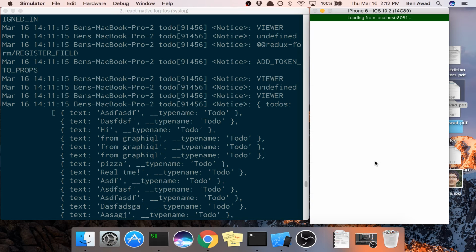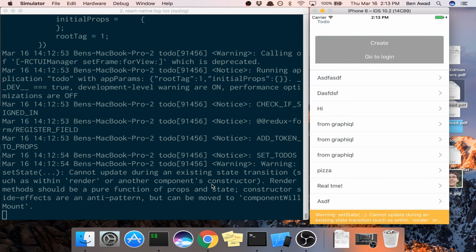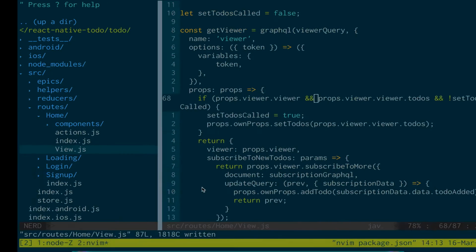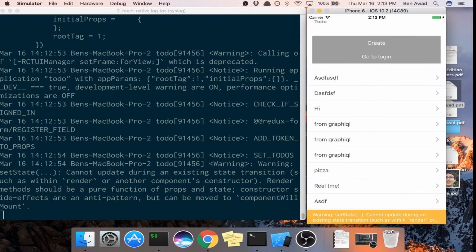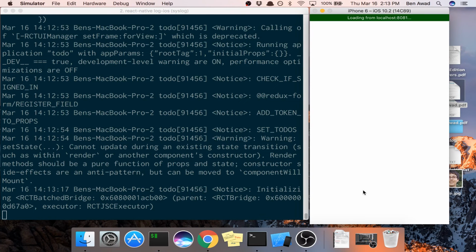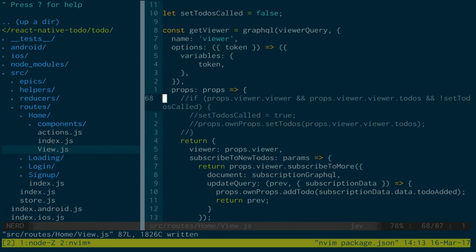So we're getting this warning: setState cannot update during existing state transition. I'm curious why we're getting this error. We're getting this pop up, so that's nice. I'm guessing it doesn't like us doing this here. So I'm going to comment it out real quick and make sure. Okay, so we're getting that warning. So I'm going to try doing this